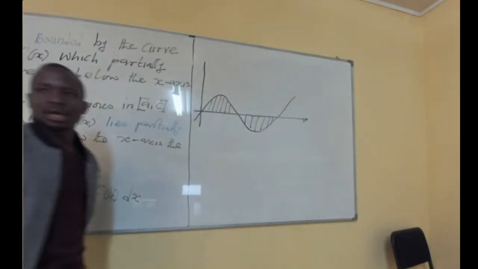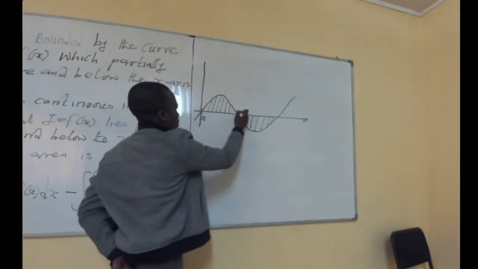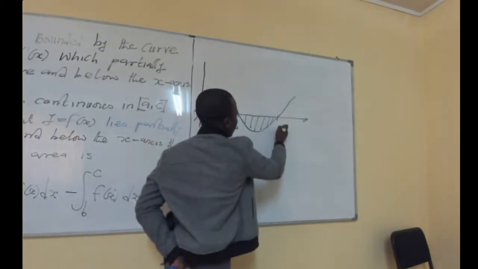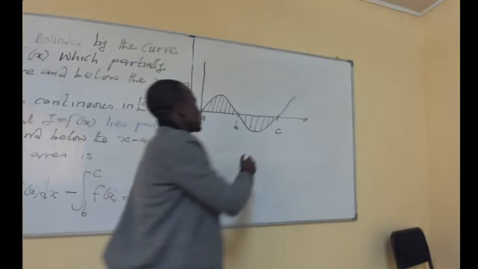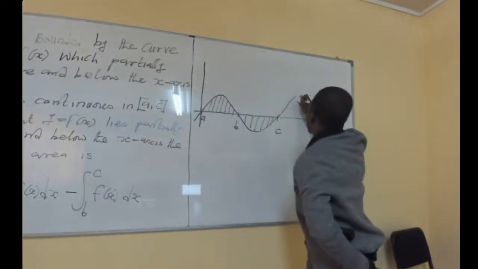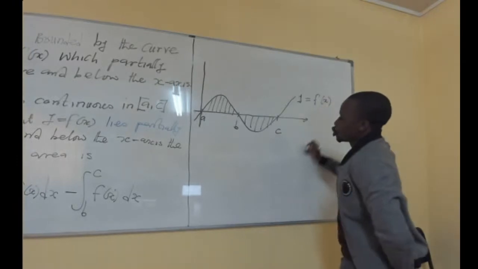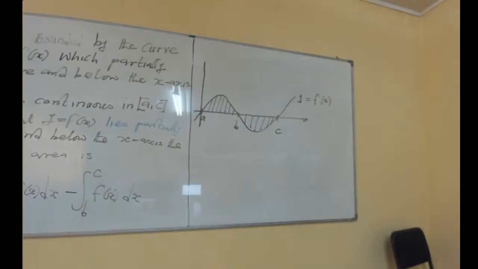Now this region runs from point A to point B. Then you have C. So now this curve is y equal to f of x. If you look from point A to point B,